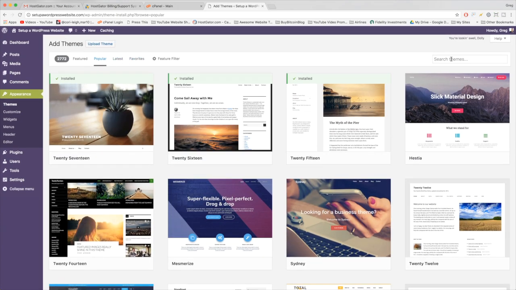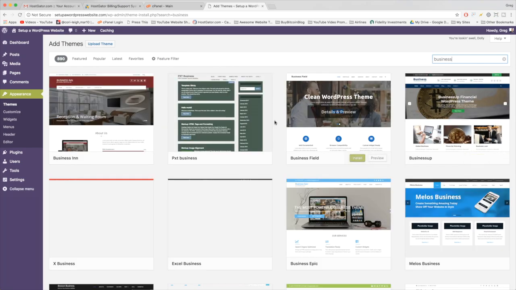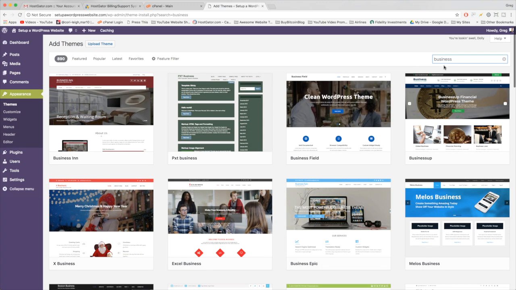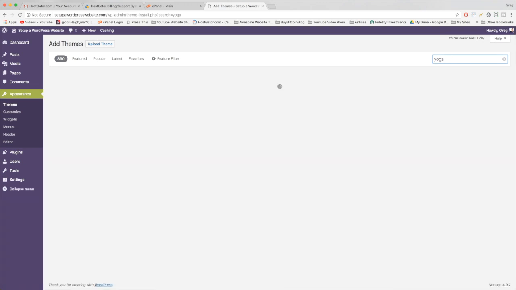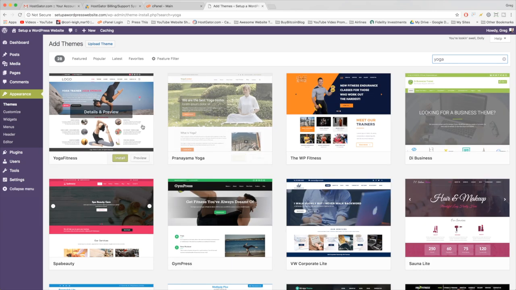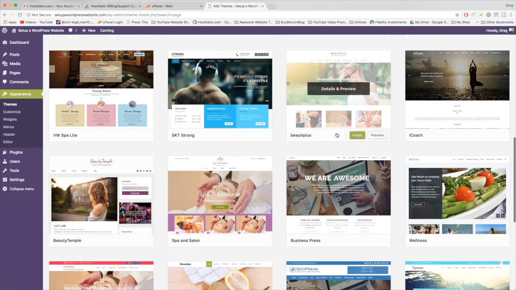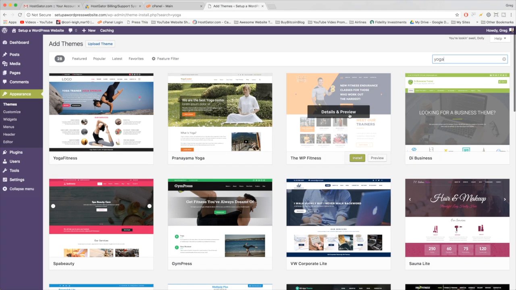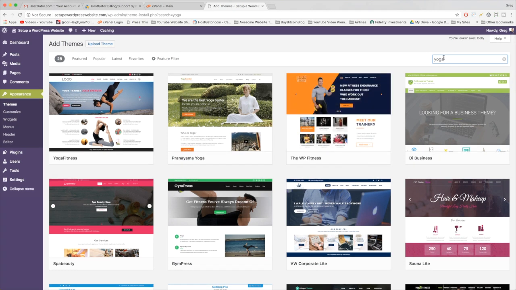So you can also just search for things like business. And people definitely name themes accordingly. So you can get business themes or yoga themes. You can get really niche with your themes if you want. WordPress is humongous, guys. But in our case, I just want to get a really standard, good business theme